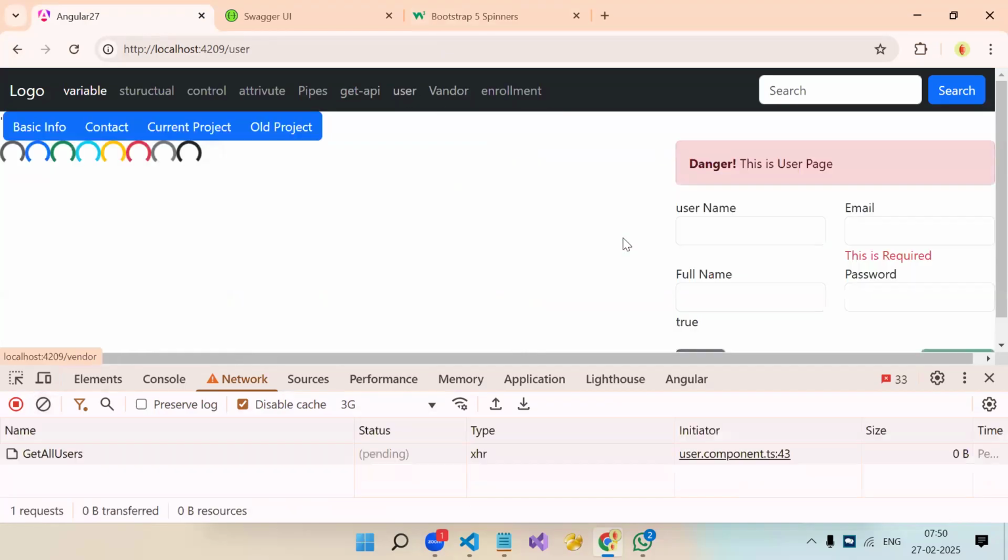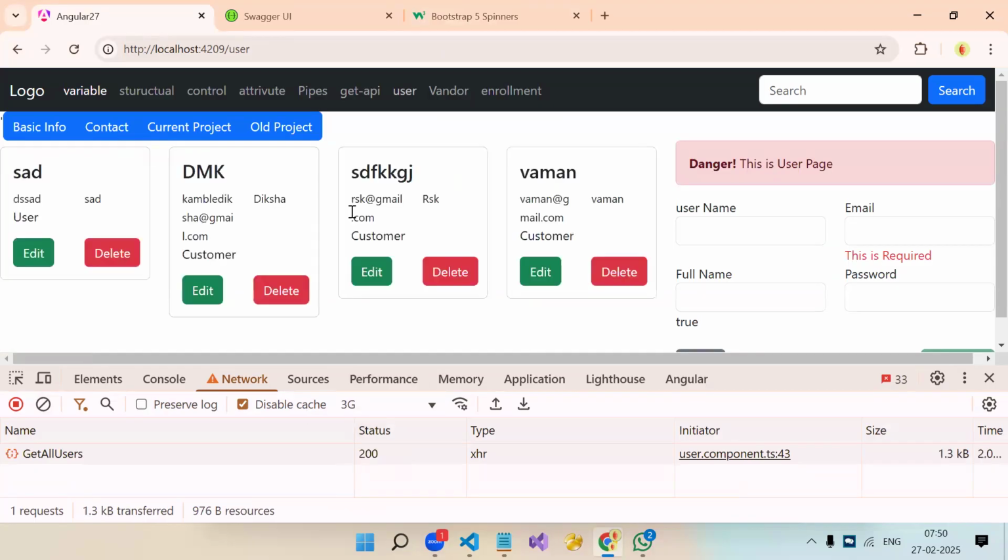Now, if I go to the user, see, the loader is visible. Once we got the data, our cards are visible. Understood? Okay. So it doesn't matter what technology, if it's a mobile app, web application, or Windows application, this logic is everywhere. As I always say, logic is not limited to your technology. Logic is universal, right? It's not related to any technology.